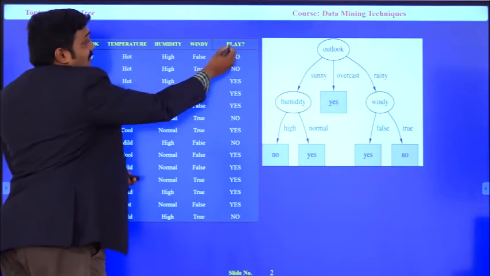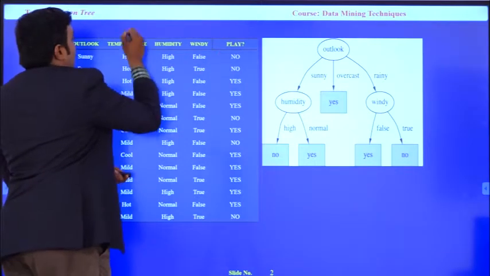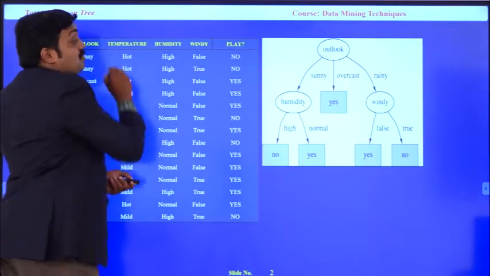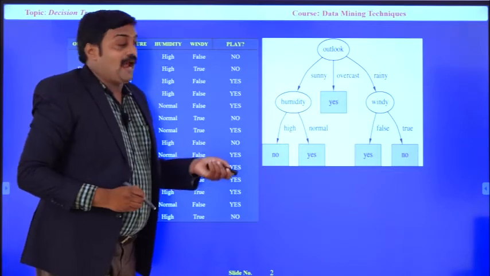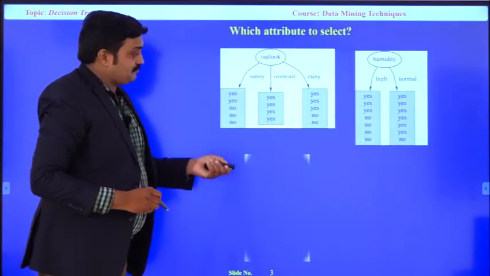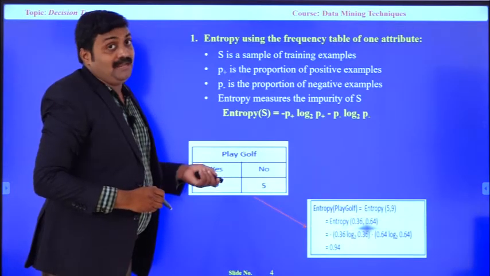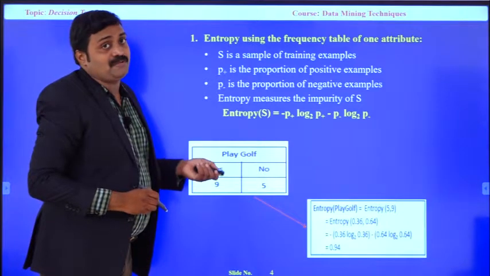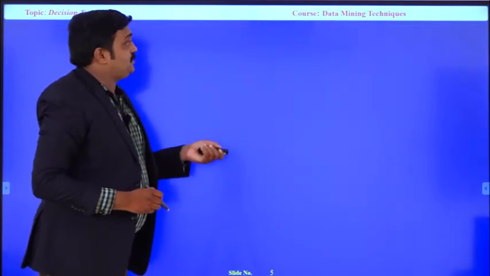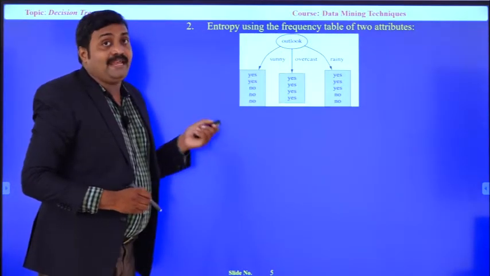Now I want to check play with wind, play with humidity, play with temperature, and play with outlook combination, to identify the gain for each attribute. Let's see. As we just calculated for the total play class, yes or no, we got 0.94.